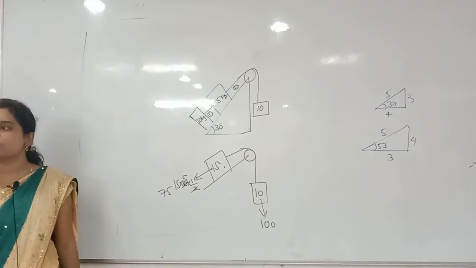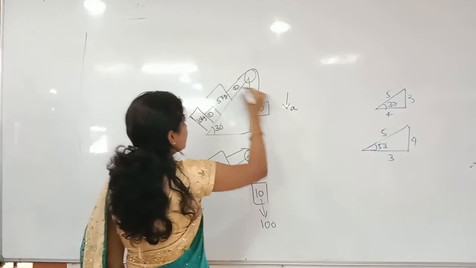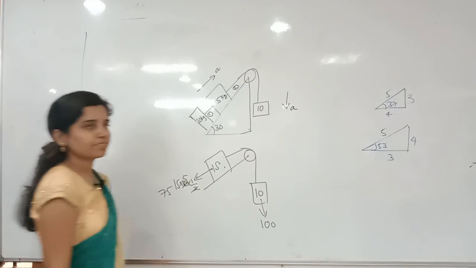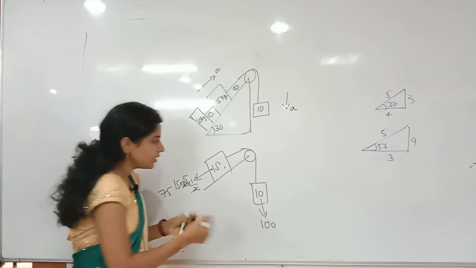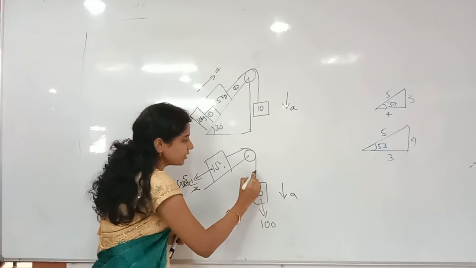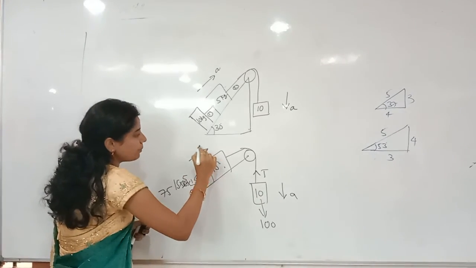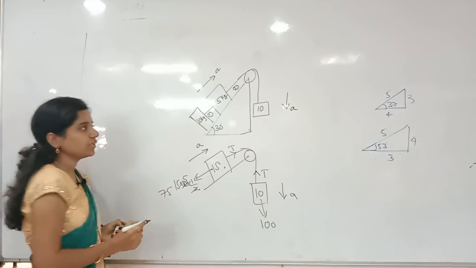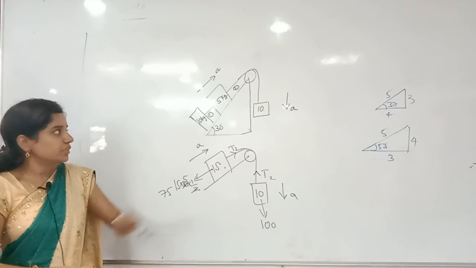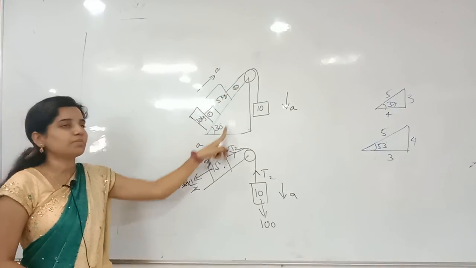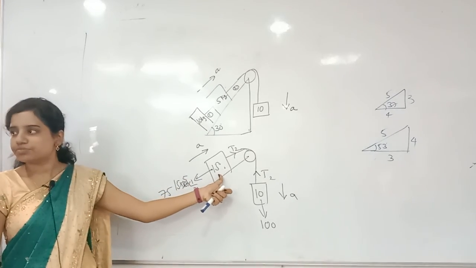Now this is 100 in the downward direction and this one is 75. So in which direction will the system move? In this direction only. So this is the acceleration A, and here also the acceleration is A. Here I have 10A in this direction and tension T upward. Whenever it is going down, obviously it will go up. So here tension will be T only, of course that is T2, the second string. Understanding or not? This T2 is responsible for both of the masses, it is pulling both of them. So I have considered it as 15 kg.